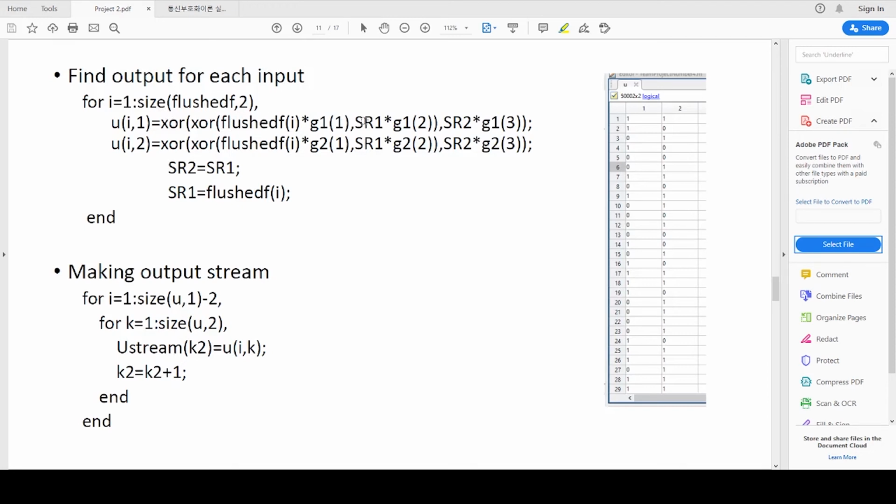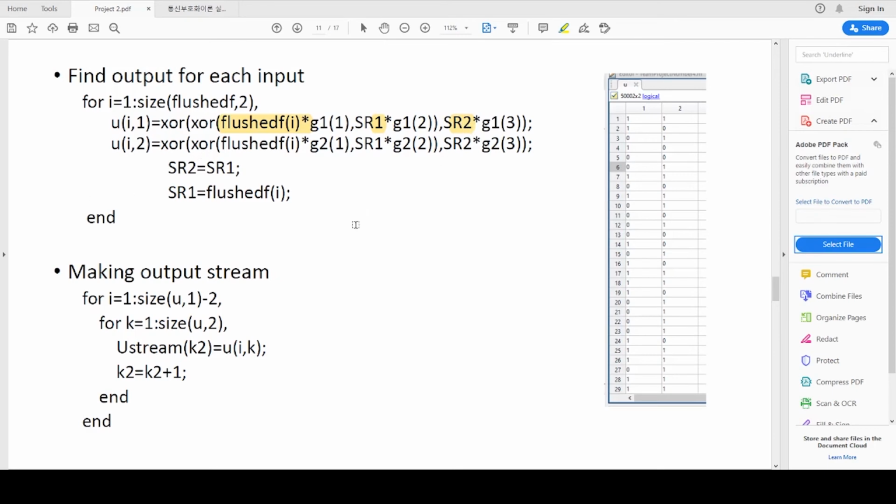So I have 2 registers, SR1 and SR2, and this is my input sequence. I send the first input. Initially the first register has the 0 value and the second register has 0 value.